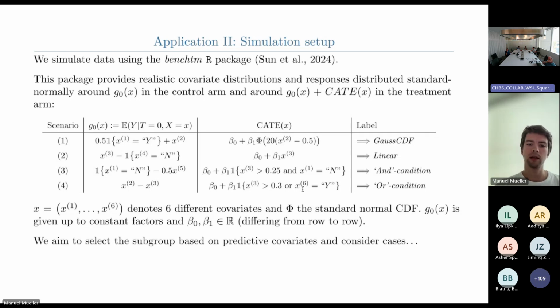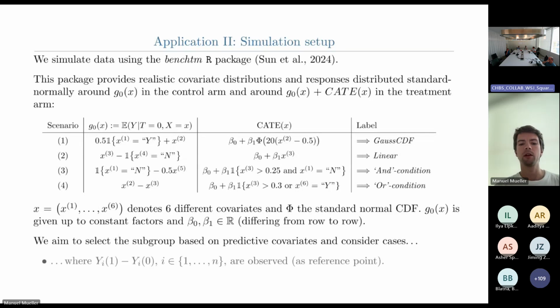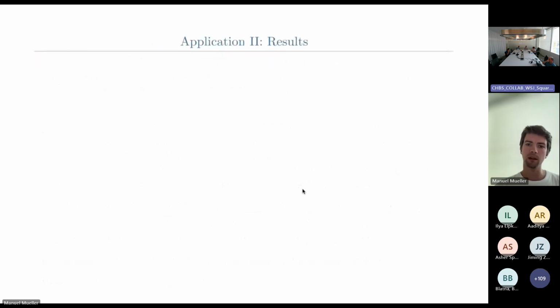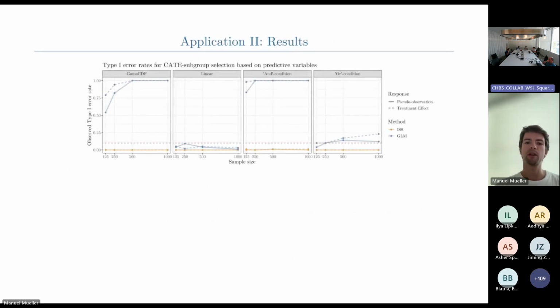And then we apply our method either in an oracle setting where we observe the individualized treatment effect, or where we have to resort to using these pseudo observations. If we look at the results, we see something pretty much in line with the previous application, where ISS neatly controls the type 1 error.